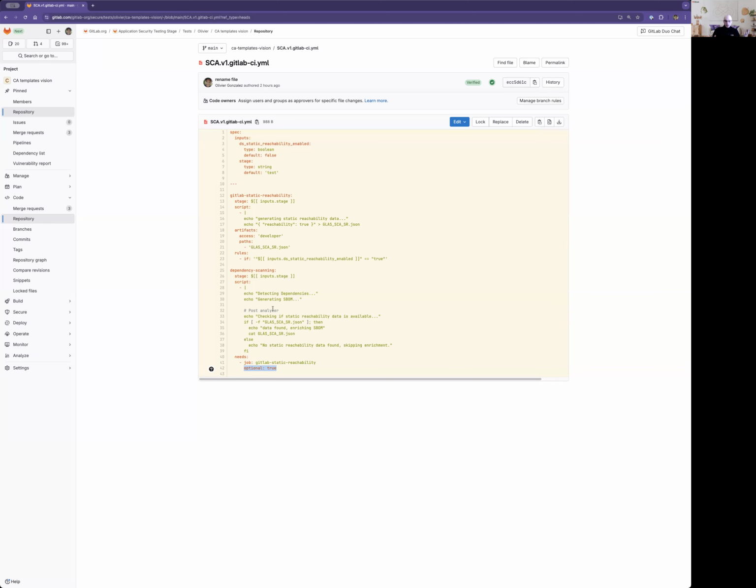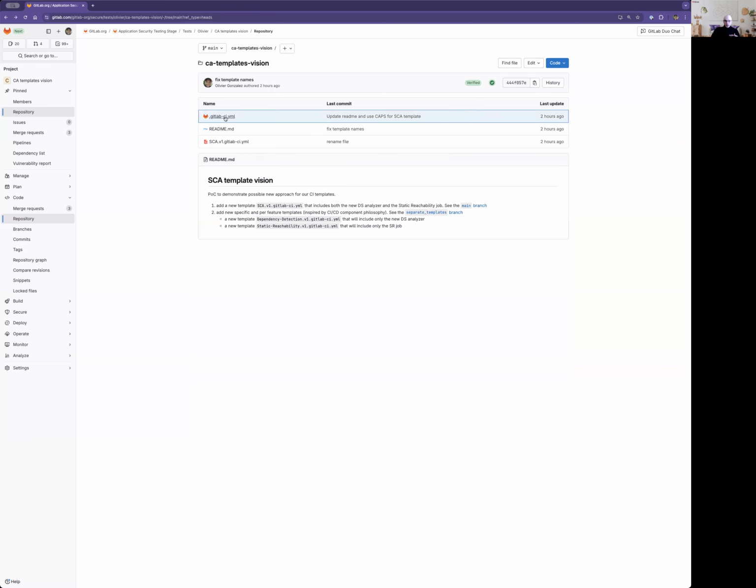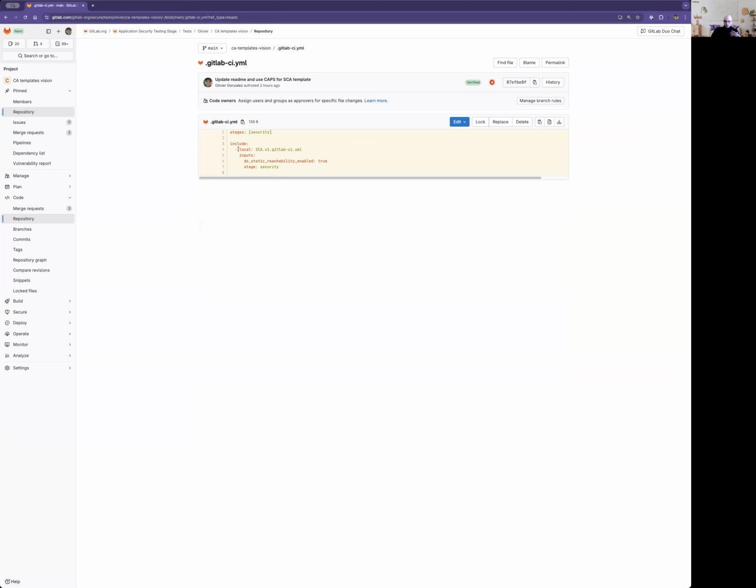So that also alleviates the need to play with multiple stages. We can just have everything in a single stage, and the dependency and the order is dictated by the needs keyword. So that makes for a much more straightforward approach, I think, to the CI job definition and the overall process of doing static reachability. Anyway, this is demonstrating those two jobs in a single template, and from a user perspective, they just have to do the include and then do the override with the inputs there. No longer needed to override the specific jobs or to use